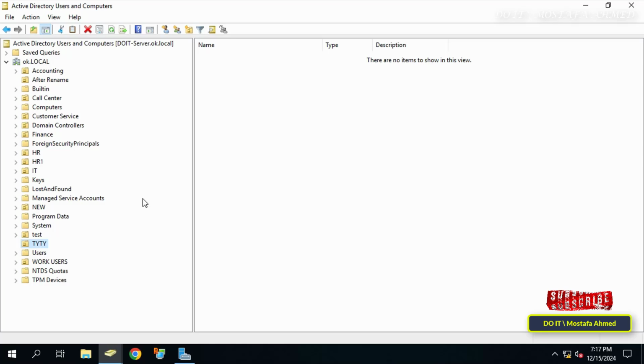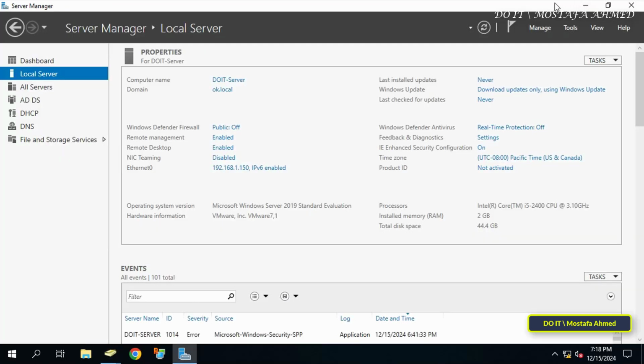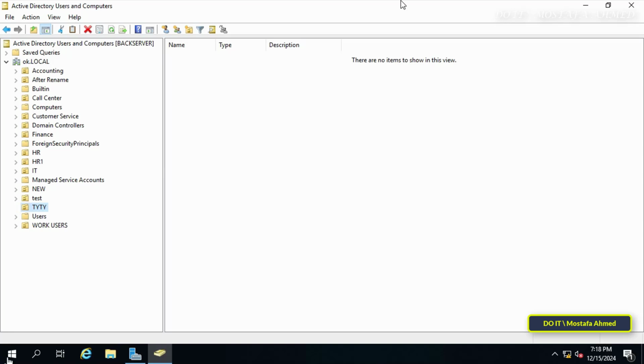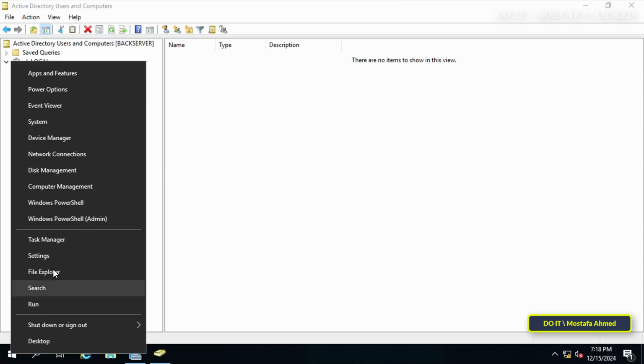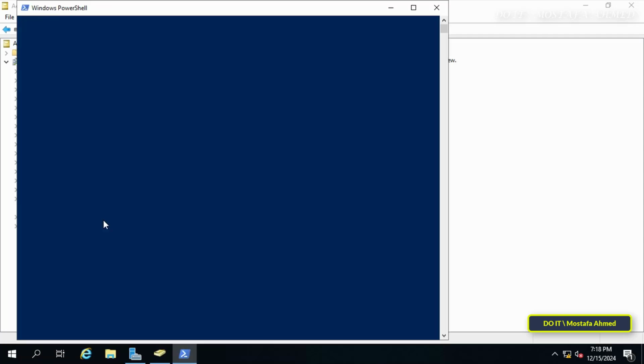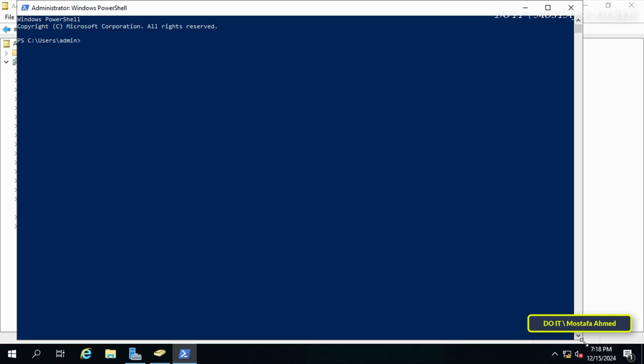Unfortunately, I do not have any other services on this domain controller to test them, so if you want to change the name of the additional domain server in your environment, follow the steps as in the video, so that you can change the name of the additional domain without disrupting the services or causing any problem in the connection between the domain controllers. Before the end of the video, I will tell you some notes that must be taken into account